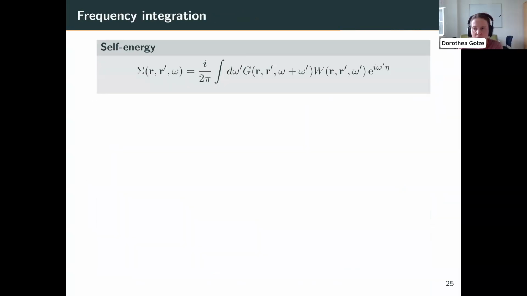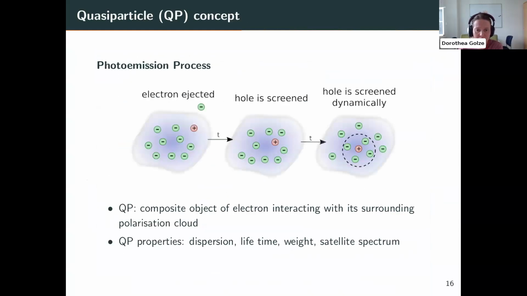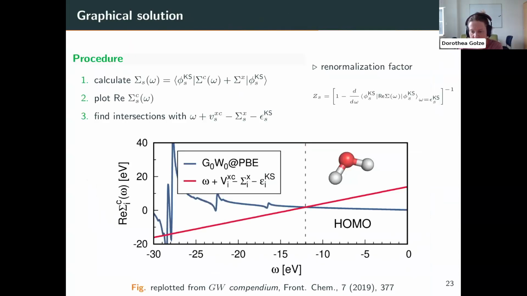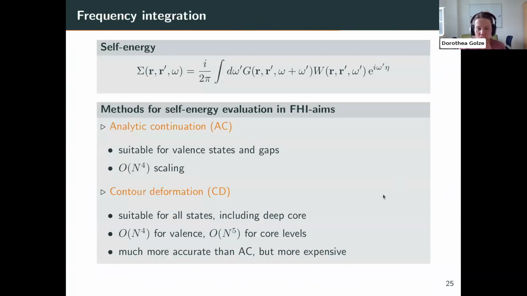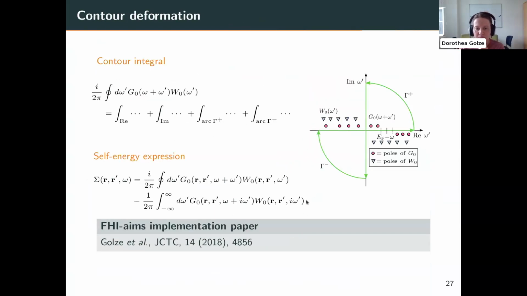Yes, it's not directly visible from the slides, so I didn't put that much technical detail up, but I can nevertheless try to explain quickly. Slide 25, right? So if you have the contour deformation, maybe this is better on this slide, you will see that this term scales N to the 4, so that's the integral along the imaginary frequency axis. But this term is basically obtained by applying the residue theorem. So meaning that you end up with a sum over occupied states, times occupation factors times W,